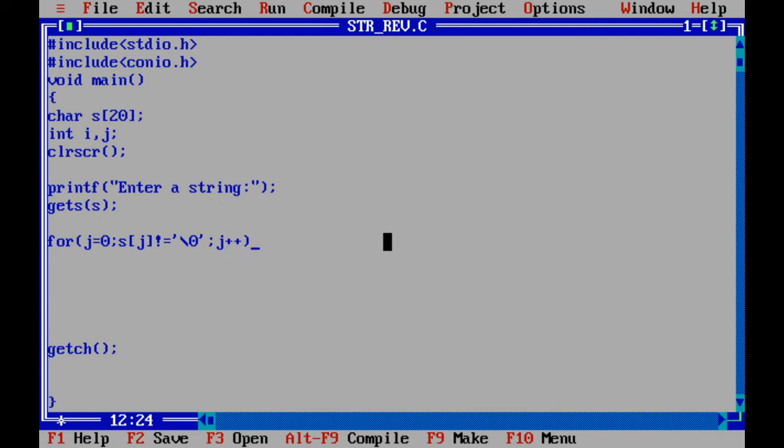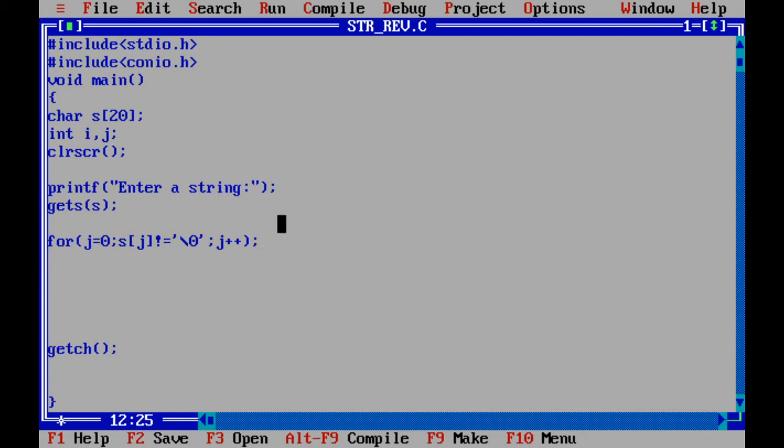See, this for loop is terminated at this point only, because we have to just increase the value of j. There is no extra part required here. Just make j equal to 0 and go on increasing the value of j till we get the null character, and when we get the null character, stop. So due to this loop, j will become 5 for this particular example.